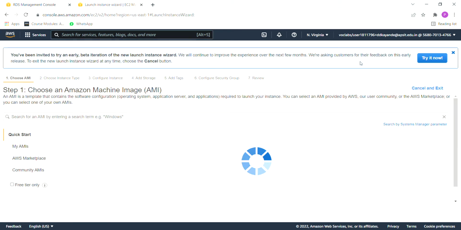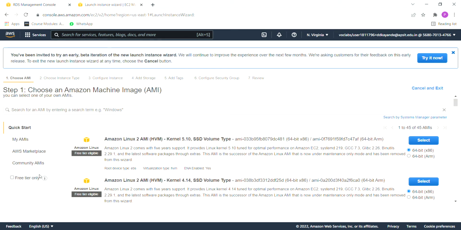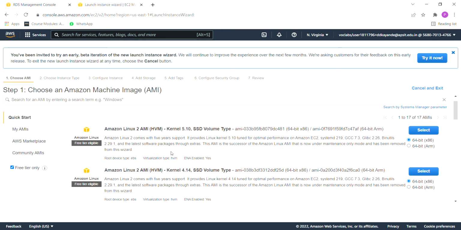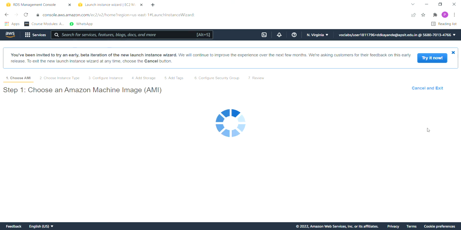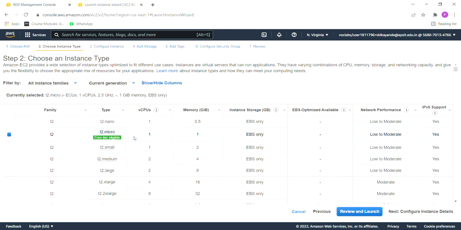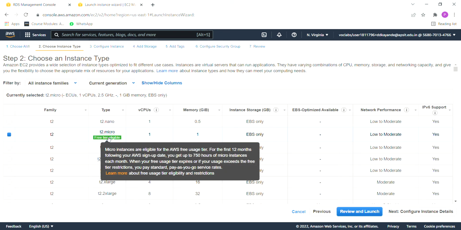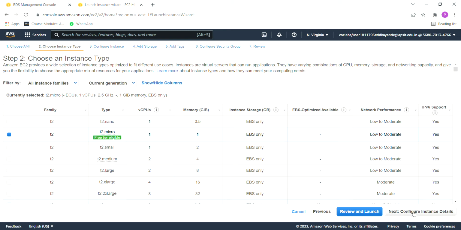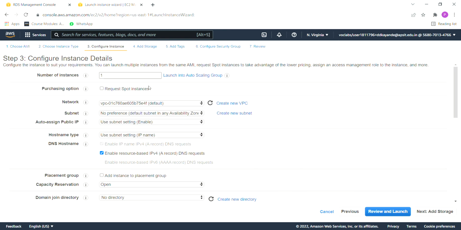So this is the process that we usually follow. You can choose here free tier only, just to display only the free tier services. So we are going to set up a Linux machine. So I'm choosing the first option. So I'll select this. Now this is the free tier eligible one that we have to select. Then we'll configure. So now in the third step, you have to